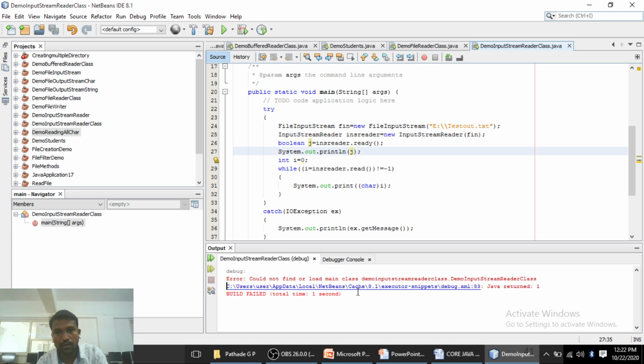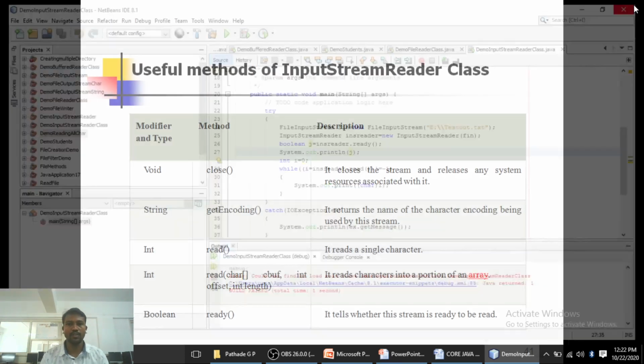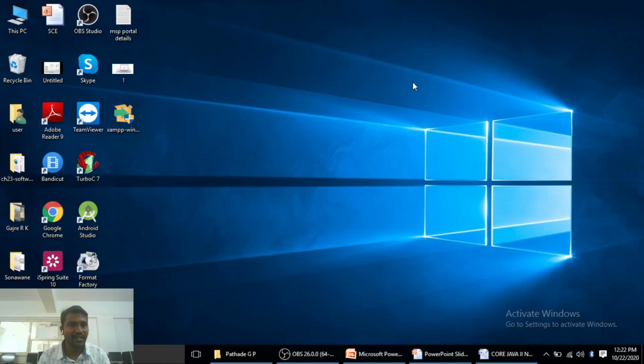Could not find or load main class demo input stream reader class. So this is the error. To solve this error, you have to close this particular window, that is the NetBeans IDE window, and open it again. Then automatically this particular problem will be solved.